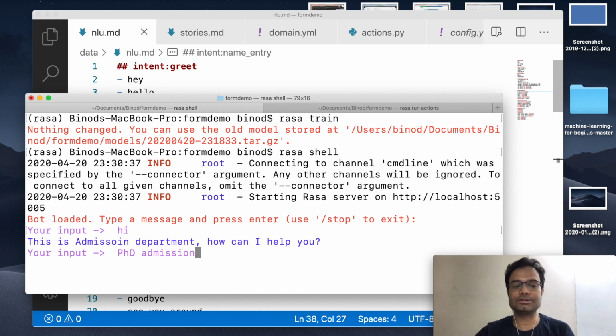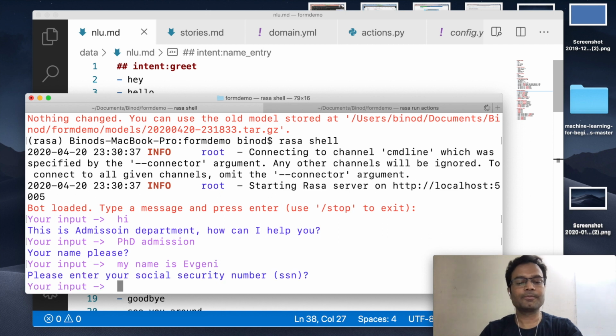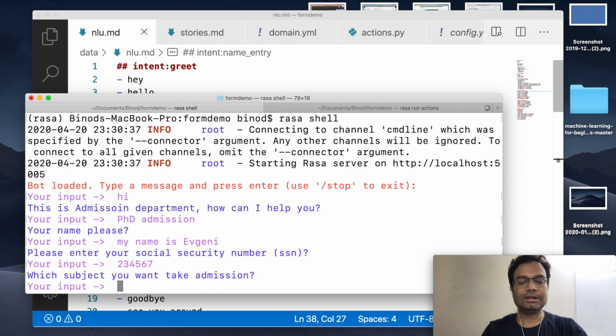This is the first input, so from here our form has started. It is asking please enter your name. I will say my name is Evgeny. Then it is asking to enter your social security number. I can give any number. It will say which subject you want admission for. So I will say computer science.